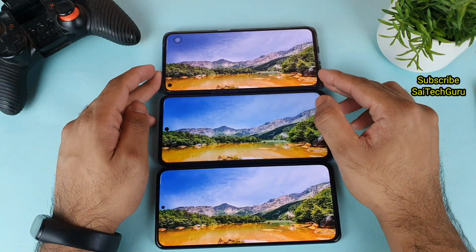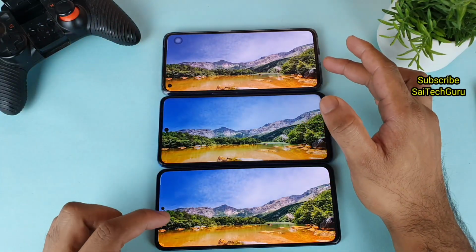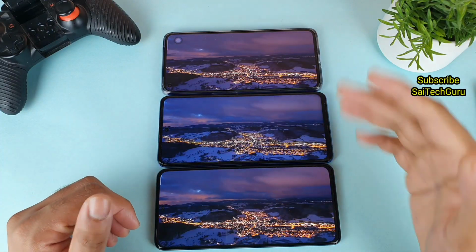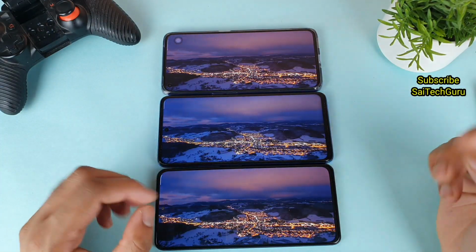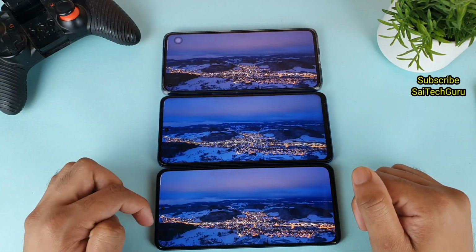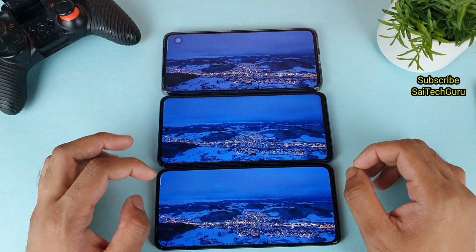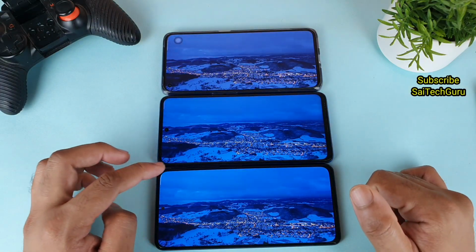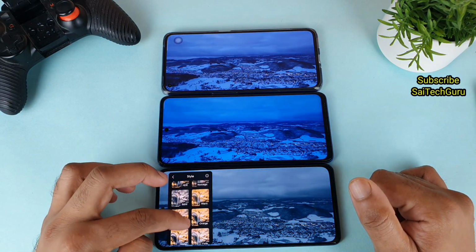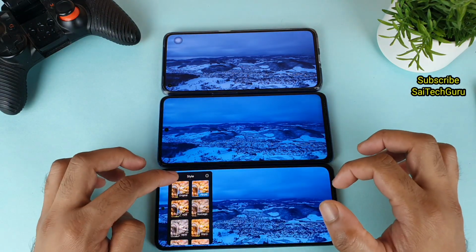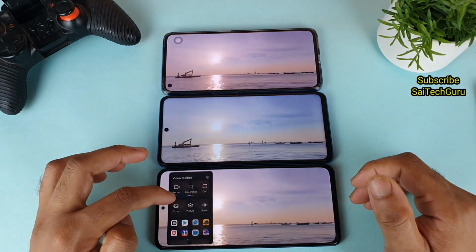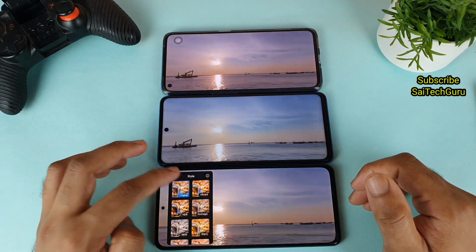So for me, definitely friends, the displays which look brighter are the Realme X7 Pro and the Mi 11X. So I'll be giving definitely the points to the Mi 11X device and the Realme X7 Pro. Slightly better points for the Mi 11X device because the phone has got a small punch hole camera in the middle, which looks really good, and you also get a lot of software customization options available here, where you can select different colors and change the form factor of the video, as you can see here. These are normal original colors, this is how it looks, and if you change to HDR, the colors will change slightly, as you can see, friends.